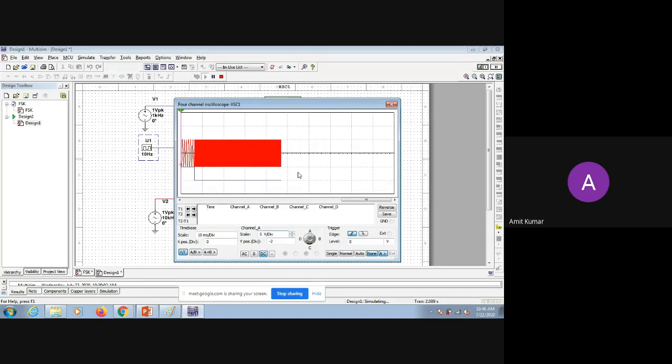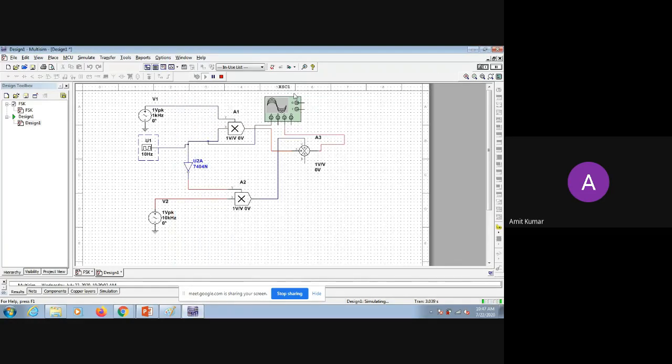Now this circuit you can use, but this is not a physical circuit. You need a physical circuit which can be implemented on the breadboard. These are blocks which are available in Multisim, but not available in real life. So we will go for a circuit which you can implement using ICs. So we have designed another circuit